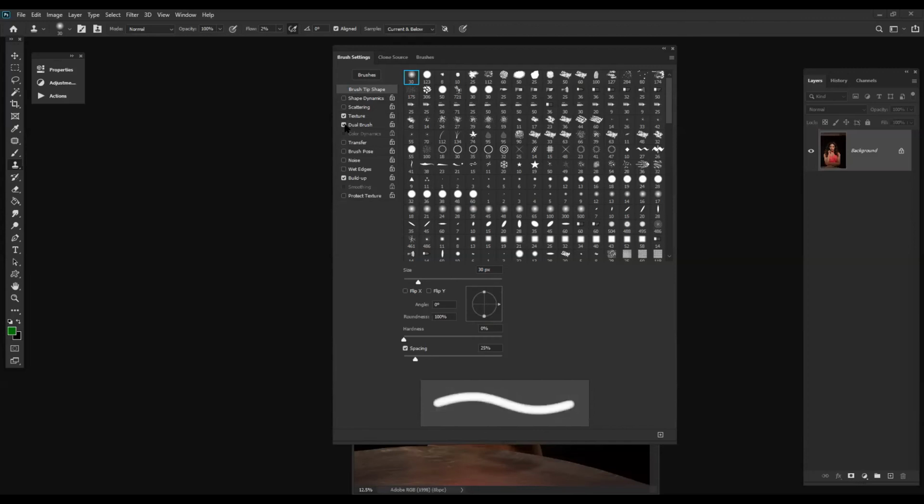Dual texture is softening out, hardening out the brush. Texture transfer will change little things. Wetness will harden it out. You should switch off the smoothing. It's always better to switch off the smoothing in brush settings and keep the build up on. That will always help you while you are doing clone stamp work.